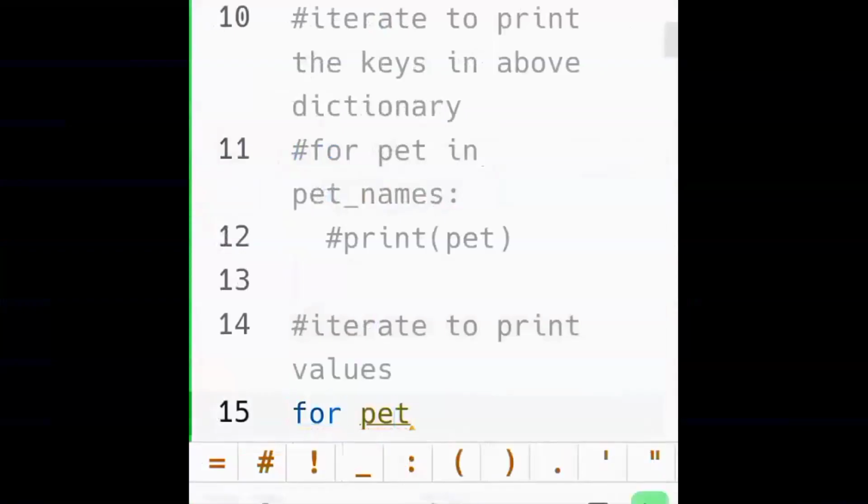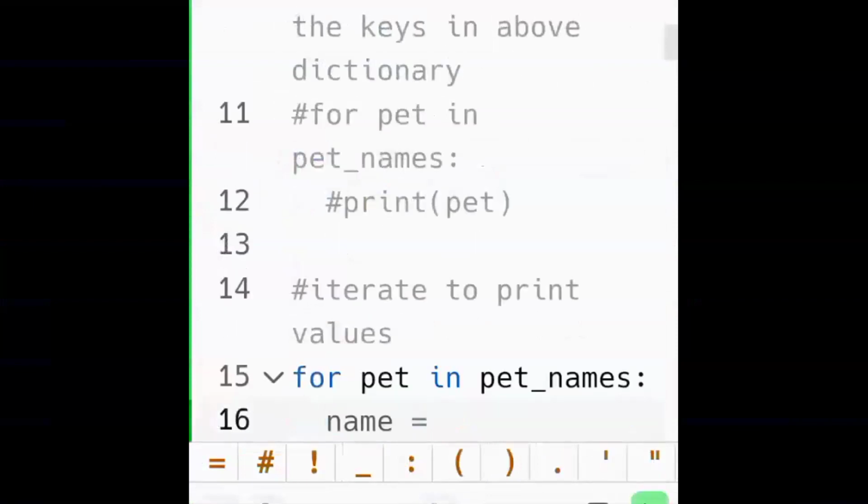So here you won't say print pet. Start with for pet in pet names, but after that, you say name, because you want to have the names, right? So name equals pet names pet.